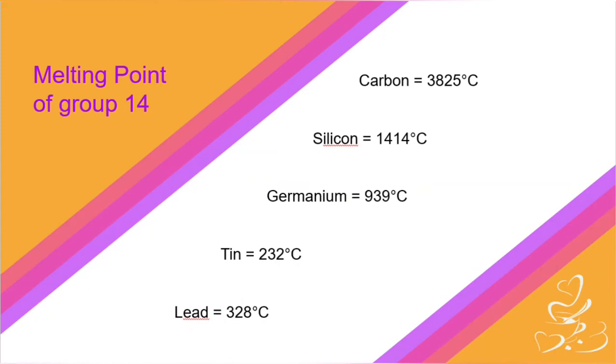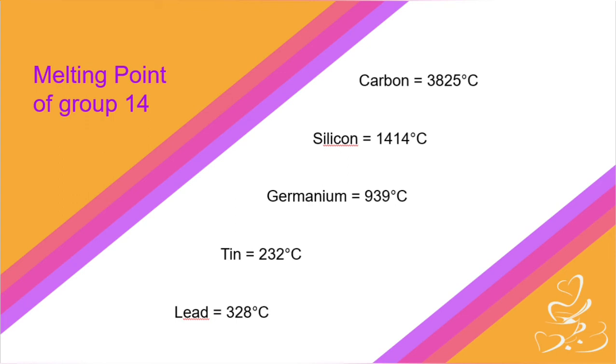Now, we will be proceeding to the melting point of group 14 elements. As you can see, carbon has a melting point of 3825 degrees Celsius, whereas silicon has a melting point of 1414 degrees Celsius, germanium having a melting point of 939 degrees Celsius, tin with 232 degrees Celsius, and lead having